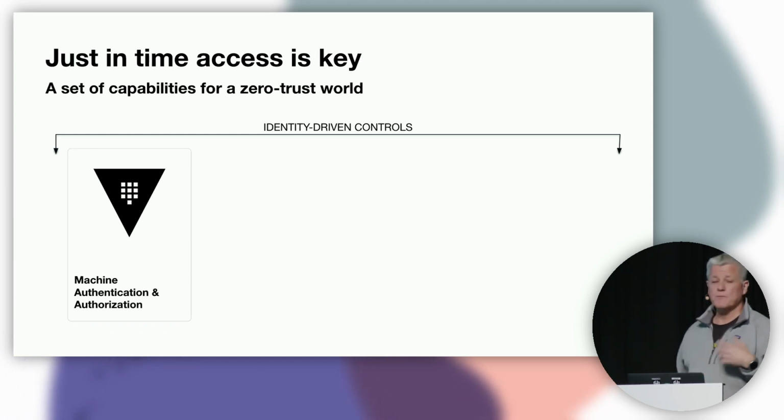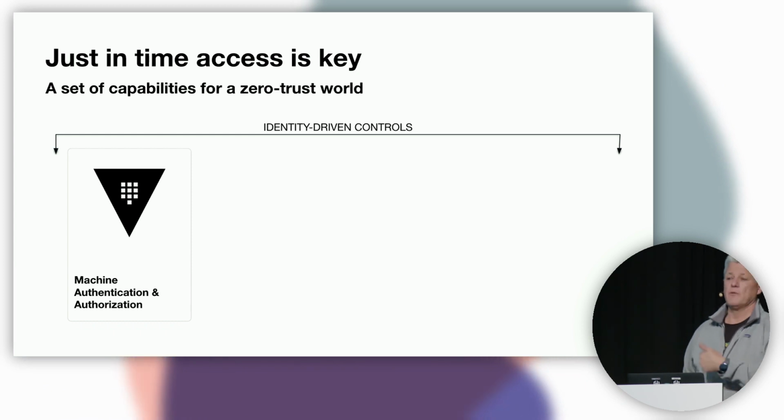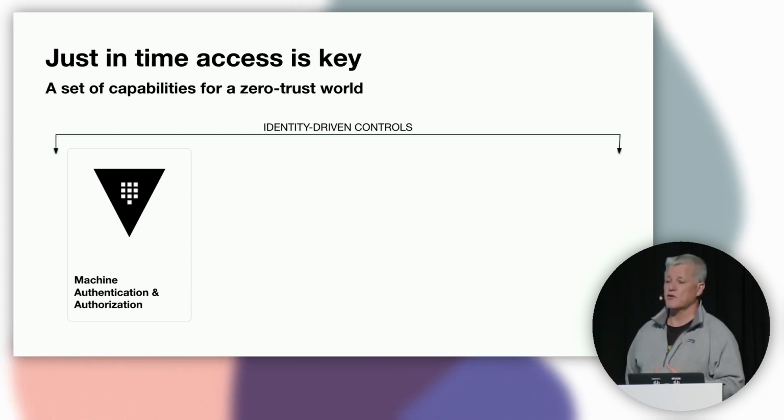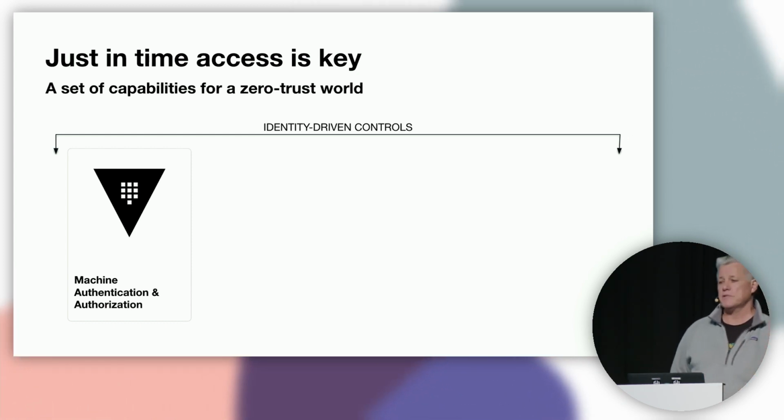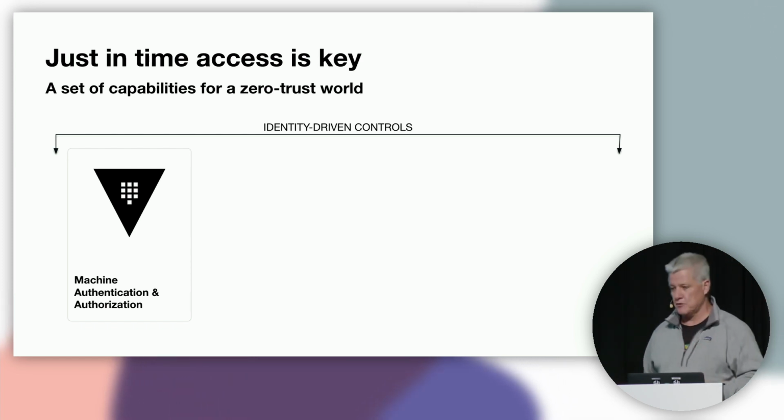The second one is machine-to-machine access. You want to encrypt the network. We spoke about this earlier. You want to make sure that when your network is encrypted between point A and point B, whether it's a Kubernetes cluster, an OpenShift cluster, and a VM, the three of them are talking to each other.